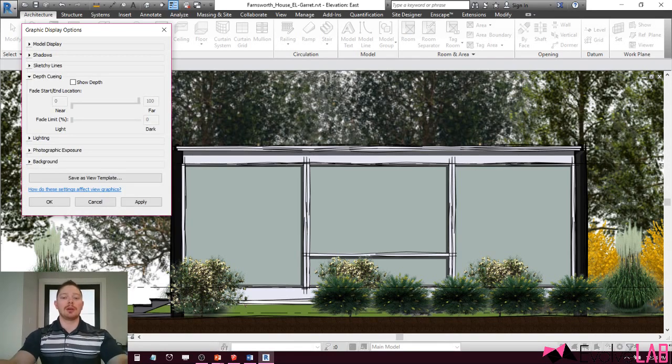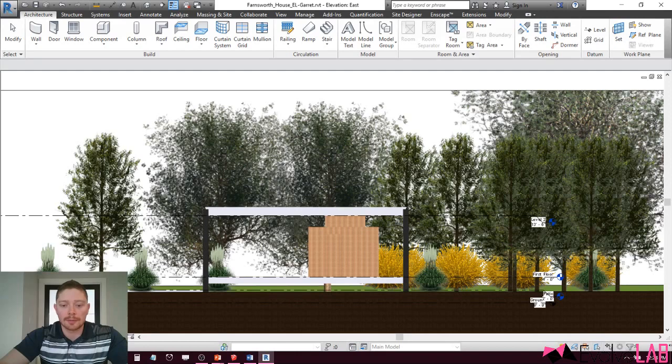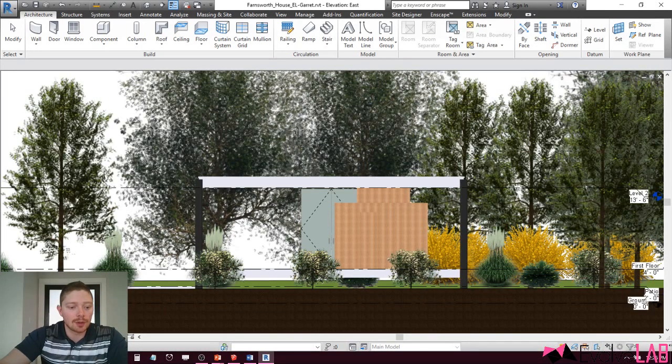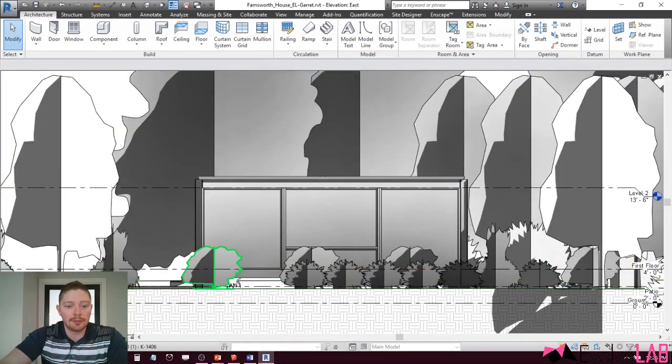All right, depth queuing. So I'm currently using Revit 2017, and this is a new feature in Revit 2017, which is pretty awesome. The reason I put the plants in is really to highlight this feature because it's really awesome. Okay, so what I'm going to do is hide these plants here in front really quick. Like I said, this is not an intense model, but there's a lot of things happening with the rendering. So to make it a little bit quicker, I'm going to go to hidden line,